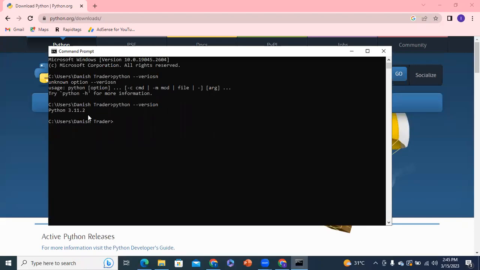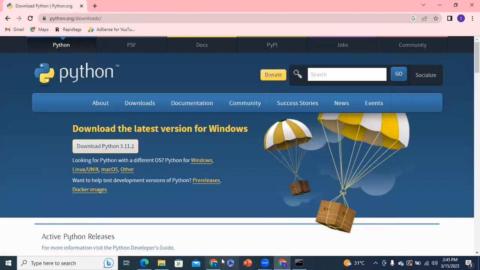resolve the error, because if we don't uninstall Python and we don't check the option to set path to environment variable, we will have to set up the environment variables manually, which is quite tricky. All right, that's all about